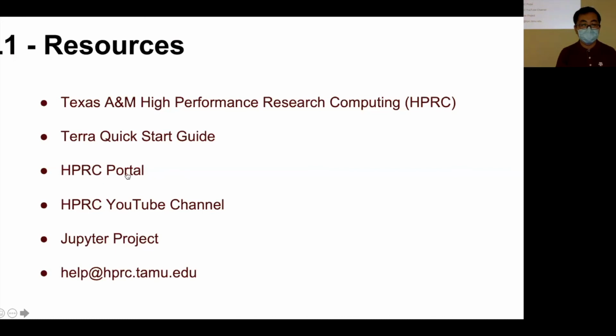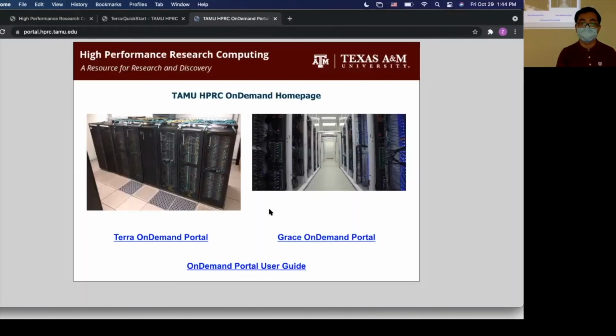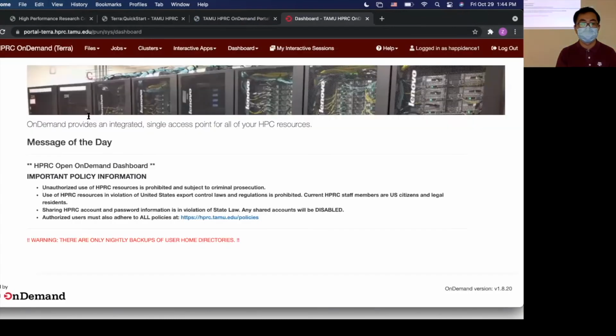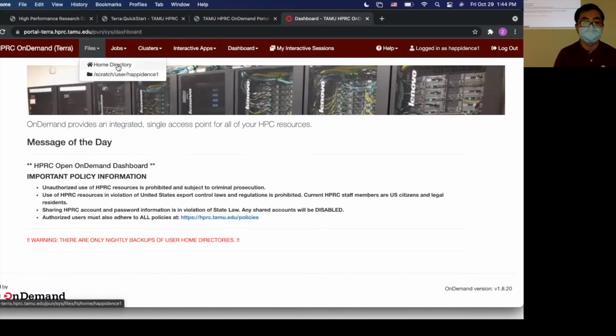And we also have the HPRC portal. This is our Open OnDemand portal. We have it for the Terra cluster and the Grace cluster. If you click Terra on demand portal, you will land on this page, and it has some tabs. The first one says Files. You can navigate to your home directory and Scratch directory.